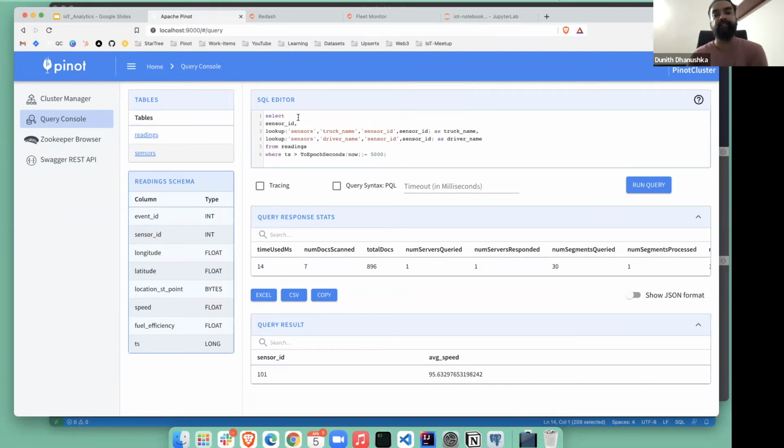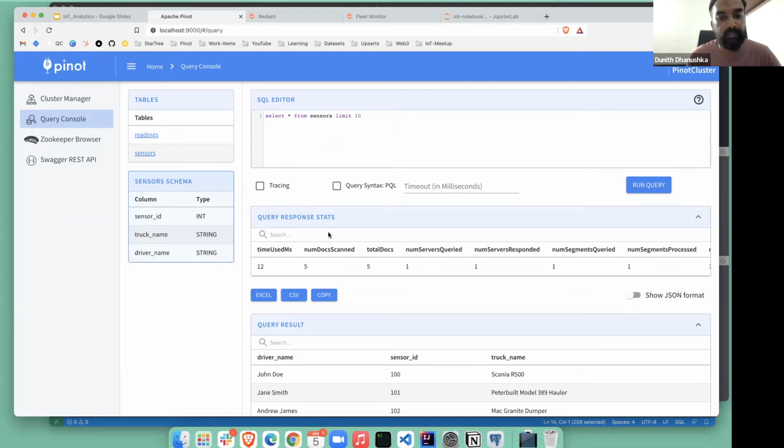Basically, lookup join is like you join your real-time table with an offline table, which acts as a small, slowly changing dimension table. So if you go into this sensors table, for example, I have defined it as a dimension lookup table. So if you have a primary key, you should be able to look up a particular record, then you can get the results from this table to enrich the final outcome.